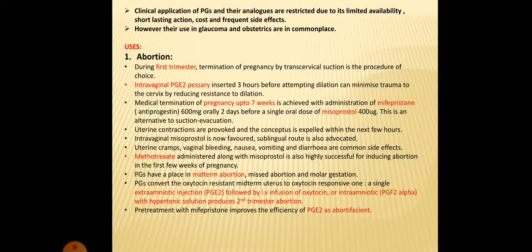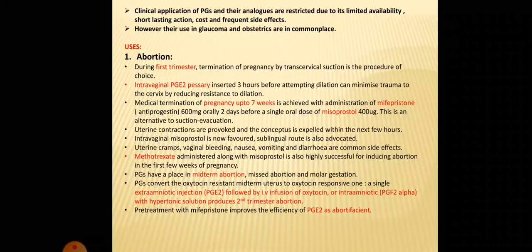So the first use of prostaglandin is abortion. The prostaglandins can be used for the first trimester as well as the second trimester termination of pregnancy. During first trimester, the termination of pregnancy by transcervical suction is the procedure of choice. The intravaginal PGE2 pessary inserted 3 hours before attempting dilation can minimize the trauma to the cervix by reducing the